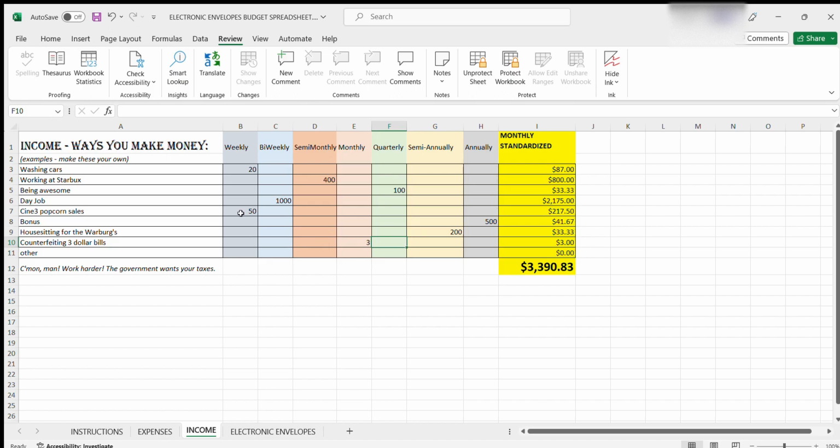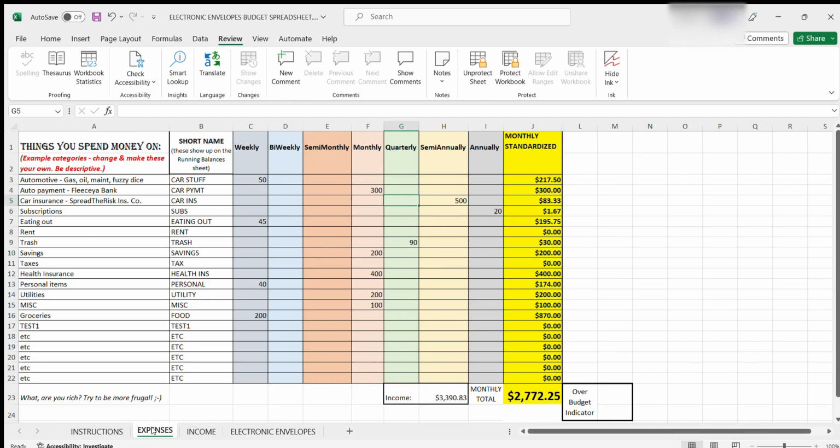These are just examples, obviously. So a monthly standardized income is now $3,390.83. See, $100 quarterly ends up being about $33 a month, whereas a weekly income of 20 standardizes up to a little over $80 a month. So now if you go back to the expenses tab, you'll see that your income is there,